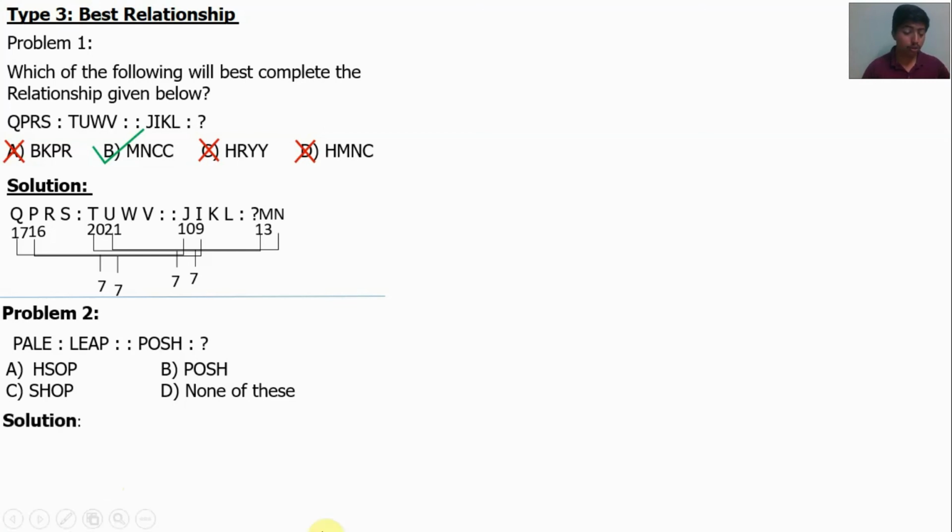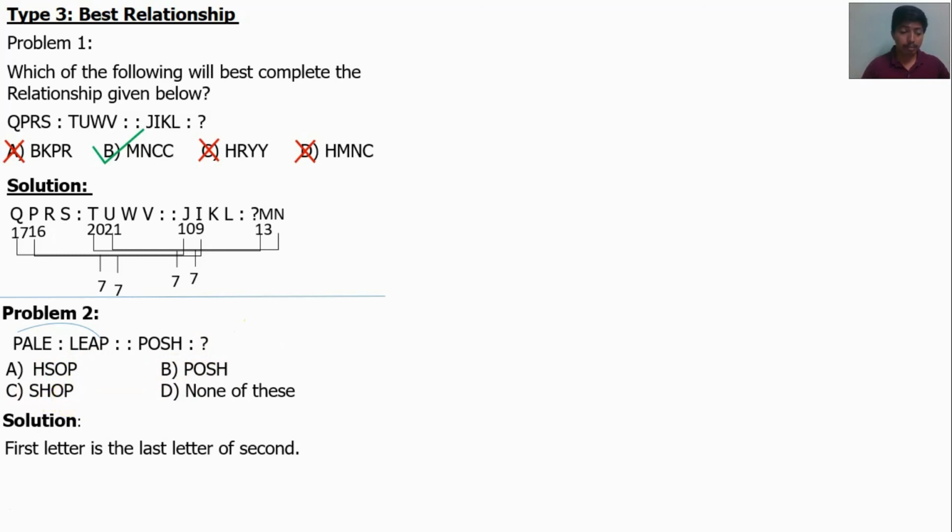Okay. So here the first letter is the last letter. The same should be here. Here the first letter is B, so it should be in the last letter of the missing character. So B should be 4th. In option A, B is in 4th. In option B, B is in first position, so option B is wrong. And in option C, B is in the last position. So options A and C may be correct.